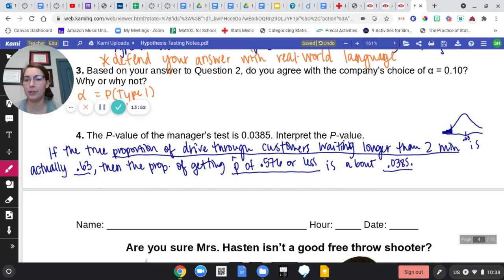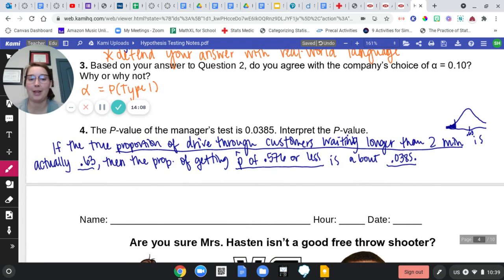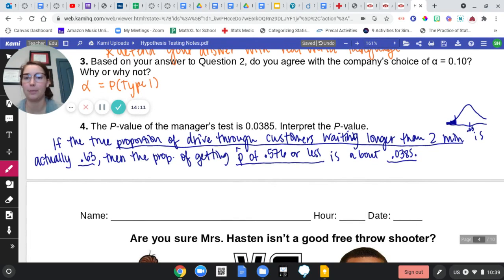So the only things that you're going to have to change in this sentence are the underlined parts. Everything else stays the same. It's a conditional probability. Based on that being the truth, the probability we would get what we got or more extreme is about that. All right. Okay. So,